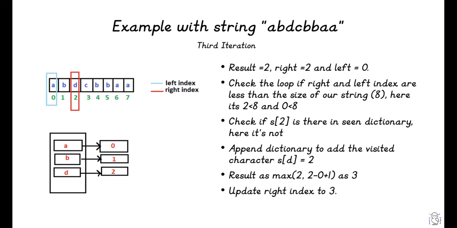We first get into the loop and check if the right index and left index are less than the size of our string. Since they are, we then check if S of 2 is there in the seen dictionary or not. Here, D is not there in the seen dictionary. So we will append D as key and index 2 as value of the seen dictionary. Then calculate result as max of 2, 2 minus 0 plus 1, which is 3, and